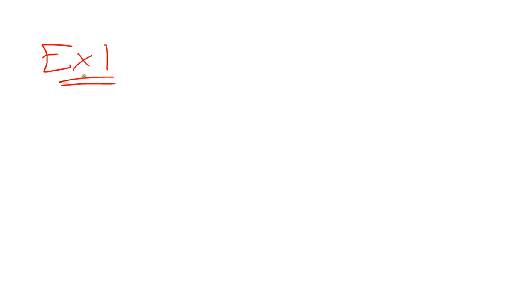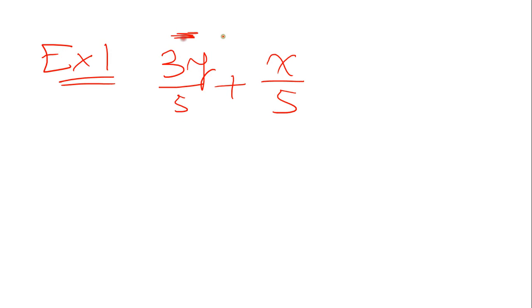Example 1 in your text. 3y over 5 plus x over 5. Alright, so in order to work this problem, we can see that they have the same denominator. This is 5, this is 5, so just like when we have numbers,